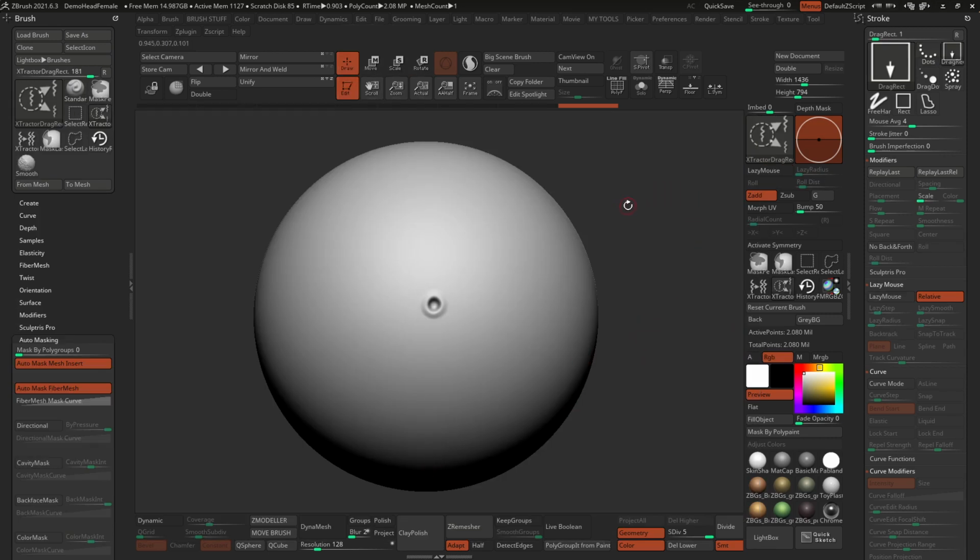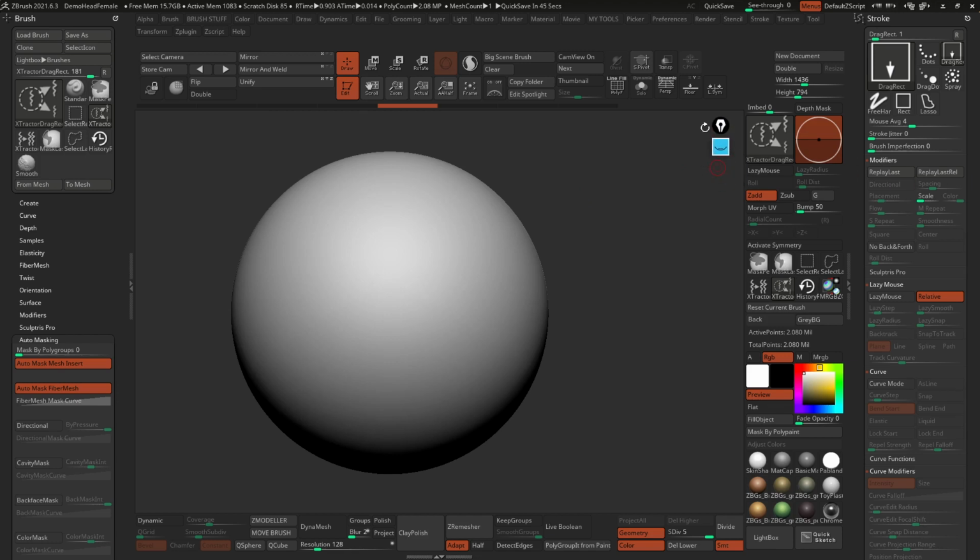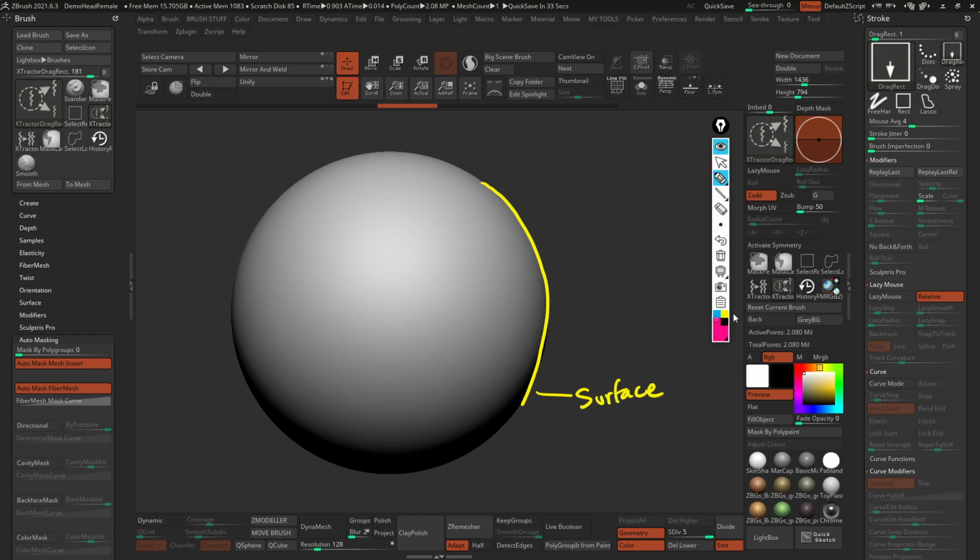I'm also going to go to my undo history here and go back to a state before I actually created that detail, right? And this is an important step because this brush works with the history. So let me just bring in the Epic Pen very quickly so that I can explain this a bit better. Essentially what this brush does is it looks at the surface. So imagine the yellow line is the surface, right? And we are going to record a point in time. So that's why we went back a little bit, where the surface is unaffected. As soon as we record that, we are telling ZBrush, hey, remember this exact state of the surface.